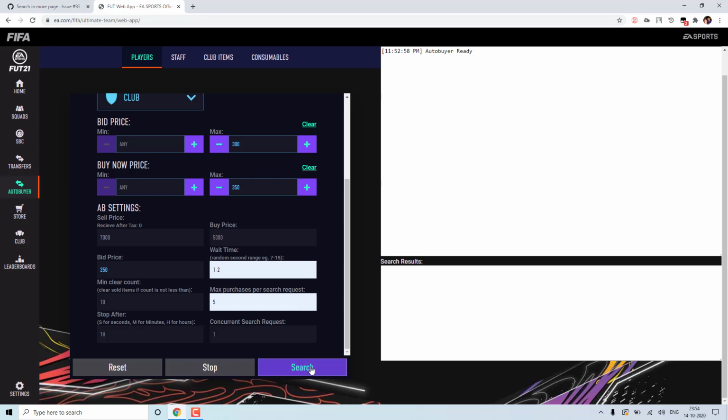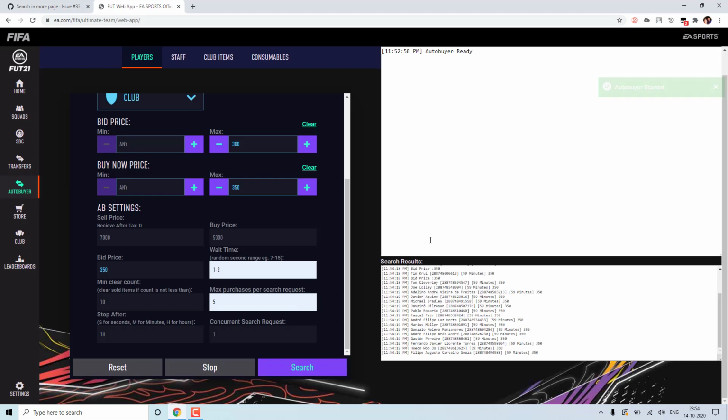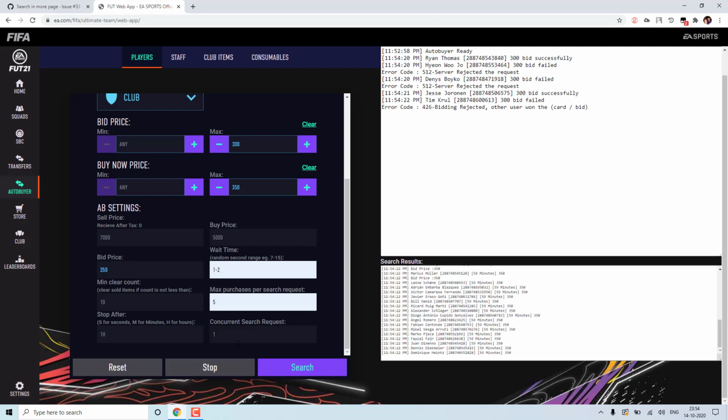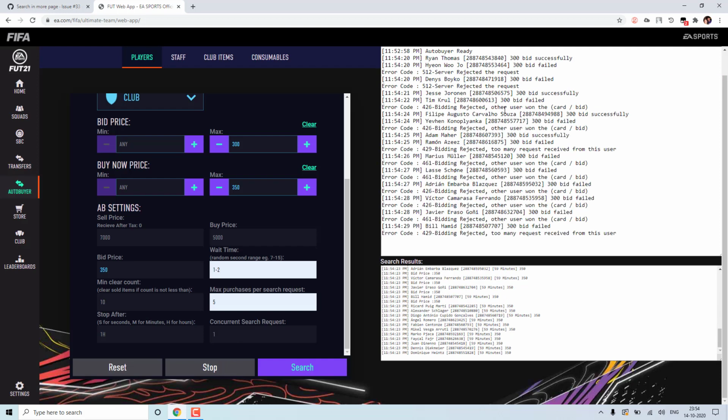So now let us take a look at the bid failure issue. If you take a look at this particular bid, this bid has failed because some other user has won or bought the card. And whenever a bid fails, you will now get a particular message on why it has failed.